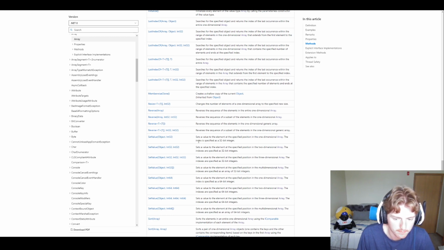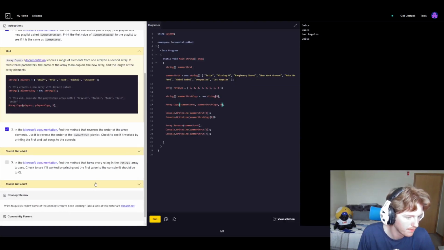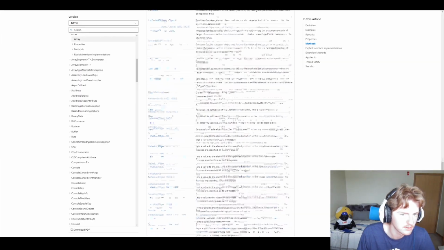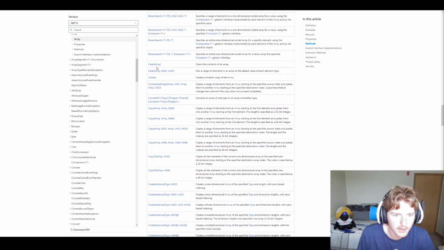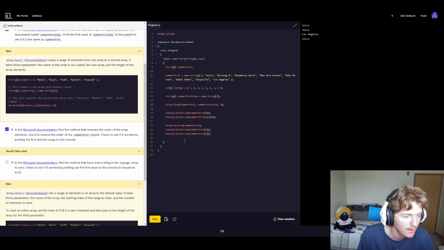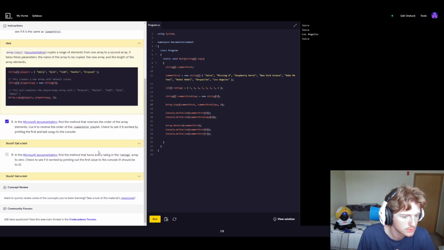Let's see, dimensional array, member-wise clone. Let's check back here and see what they want us to use. Array.Clear. So let's go back up, see what Array.Clear does. So Clear clears the contents of an array. Pretty self-explanatory here. It wants us to turn every rating in the ratings array to 0. So I assume if we just do Array.Clear and throw in the ratings,